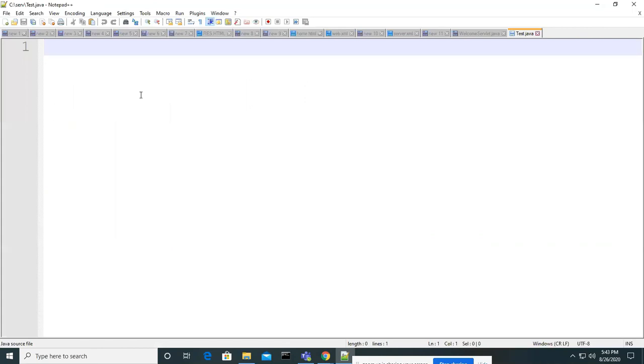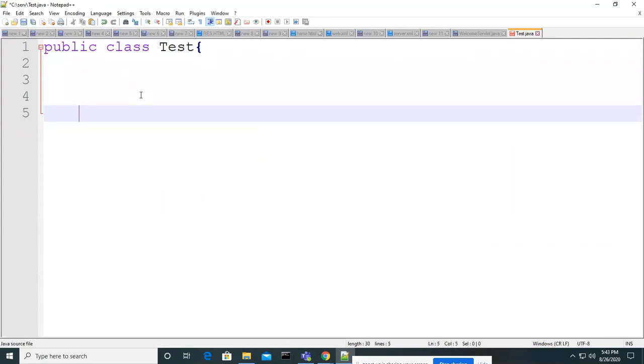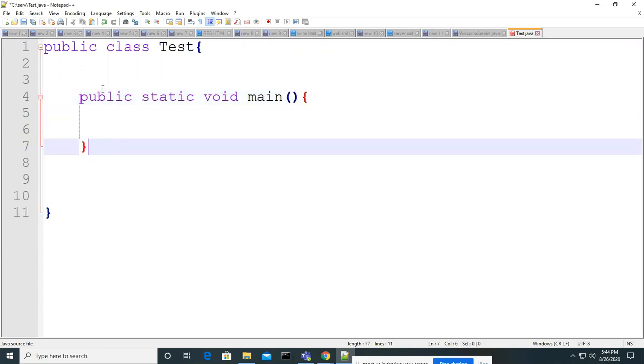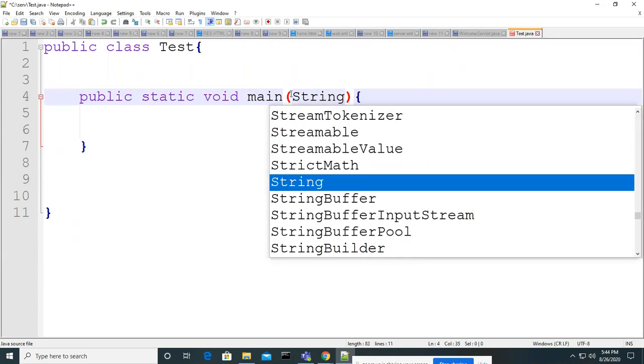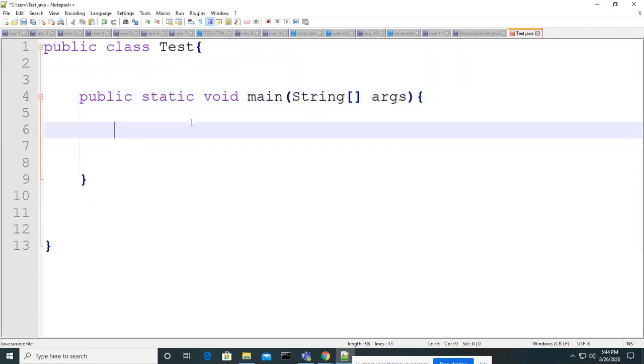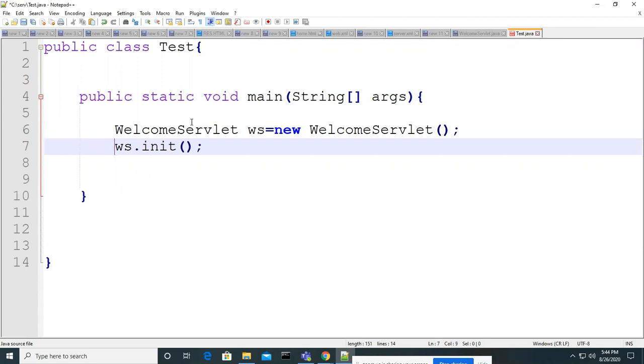Inside Test.java, I'm going to write a public class Test, which is nothing but a simple class, with public static void main, String args, and this is the standard method. So these are the two lines of code I wrote here.